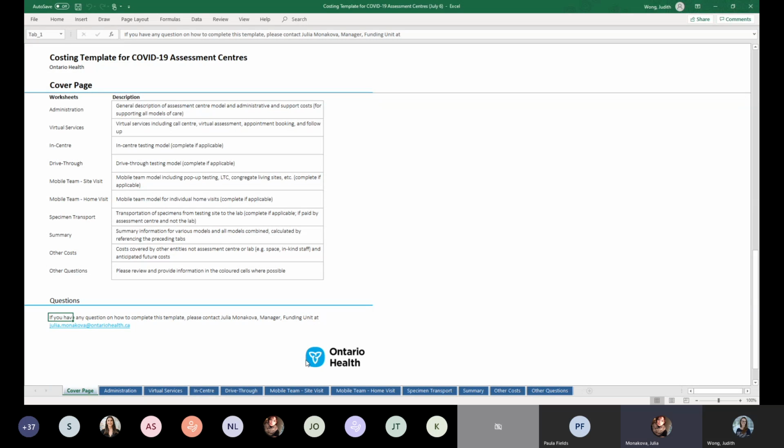We are a small community assessment center, with highly variable volumes ranging from 400 to 300 tests per day. Should we take the average costing over the last 3 months as our reference? So I would say not. 3 months is too long, because we really want to understand the current state, and I think a lot has changed over the last 3 months.